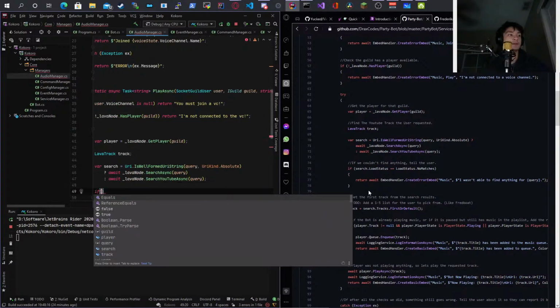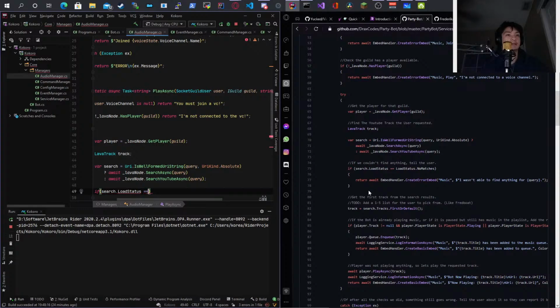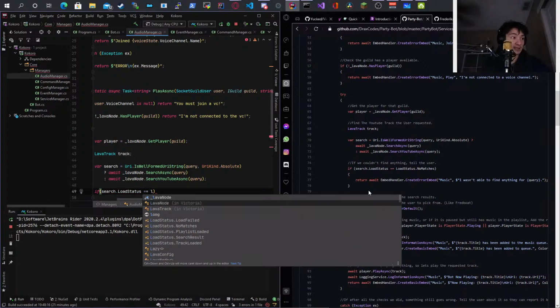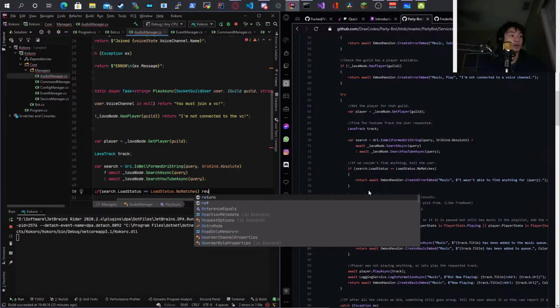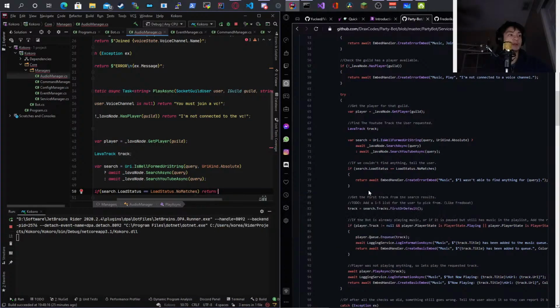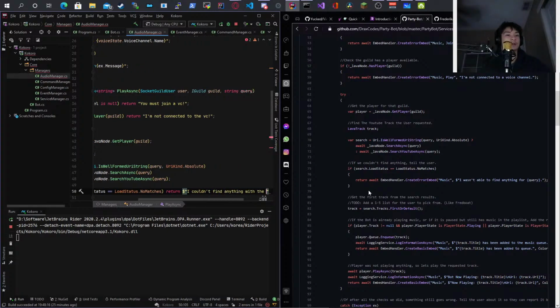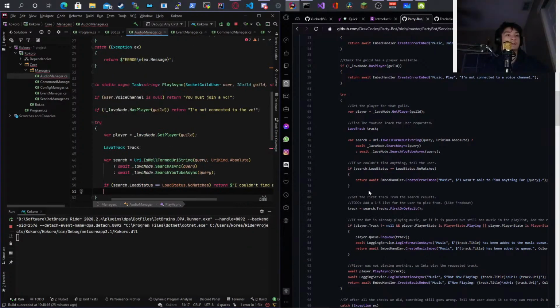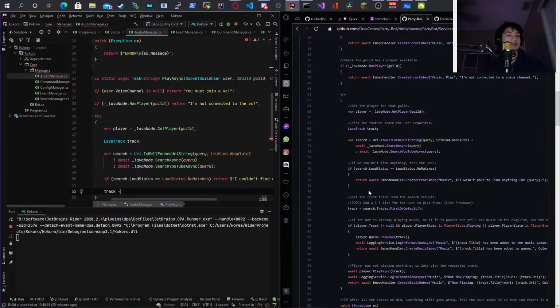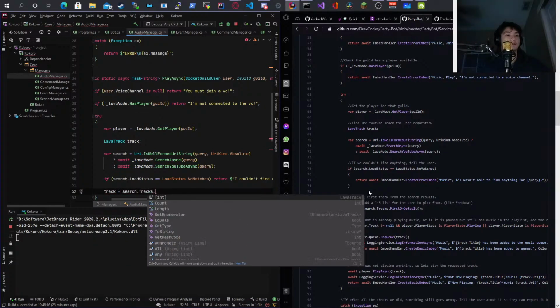Okay, if search.LoadStatus equals LoadStatus.NoMatches, then we're going to return a string: "I couldn't find anything for query." Track equals search.Tracks.FirstOrDefault.